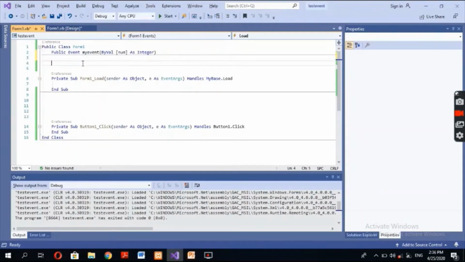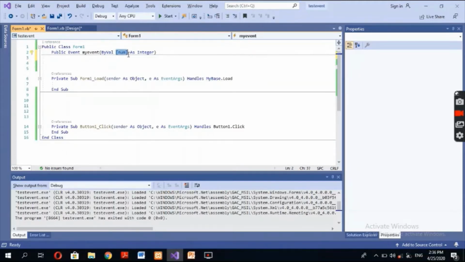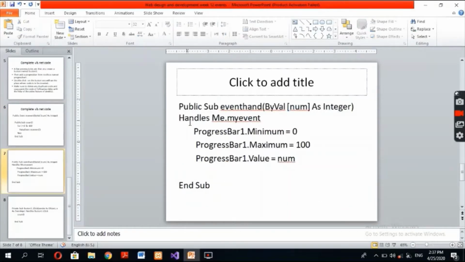I have created an event, public event MyEvent, and this bracket shows that if you only give ByVal num as integer, it will create the variable num as integer. Here we are creating an array of values, so we will give a bracket. Now we are going to